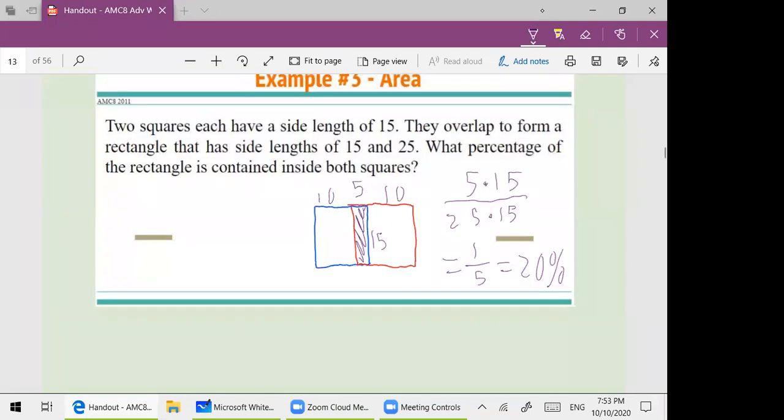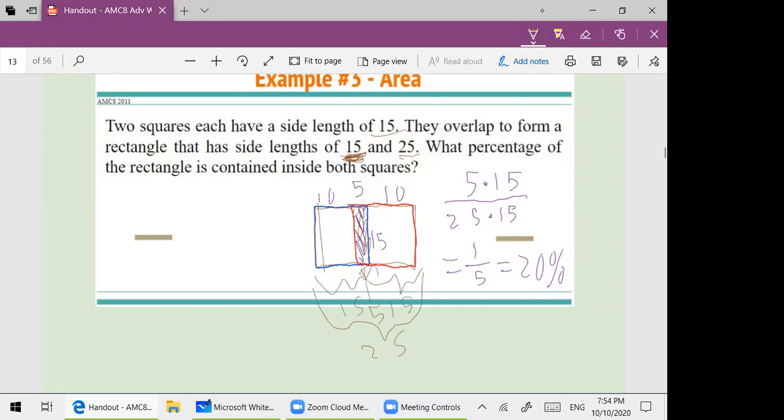Okay, so for this problem, they overlap to form a square. One side length is 15. So the squares both have side length 15, which means that the squares look like this. But the 15 doesn't tell you the overlap here. So this is 15 and this is 15, but you're also given that this is 25, so this gap